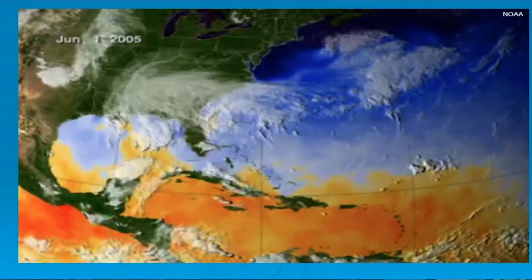So this is a complicated radar picture that we're going to be looking at. There's a couple things you can see. In the upper left corner is the date. The color of the water indicates the warmth of the water. Blue is cold, orange is warm, red is extremely warm. Then we're going to go ahead and put the clouds on top of it. And when a hurricane forms, you're going to see a line and trace out the path that it follows.